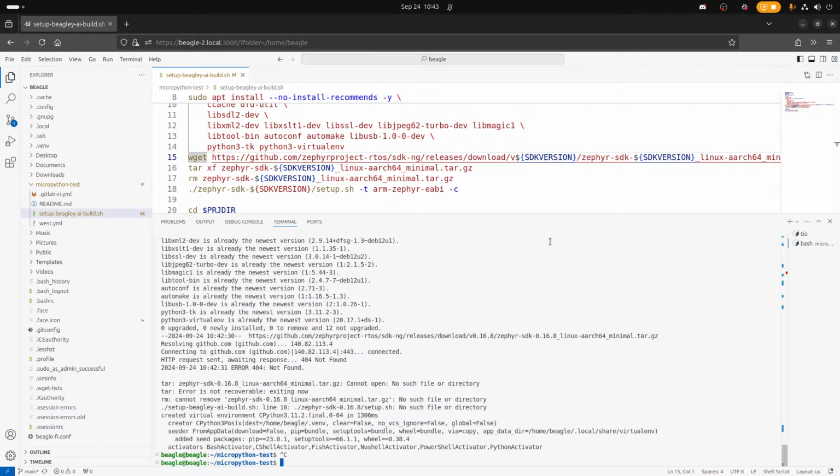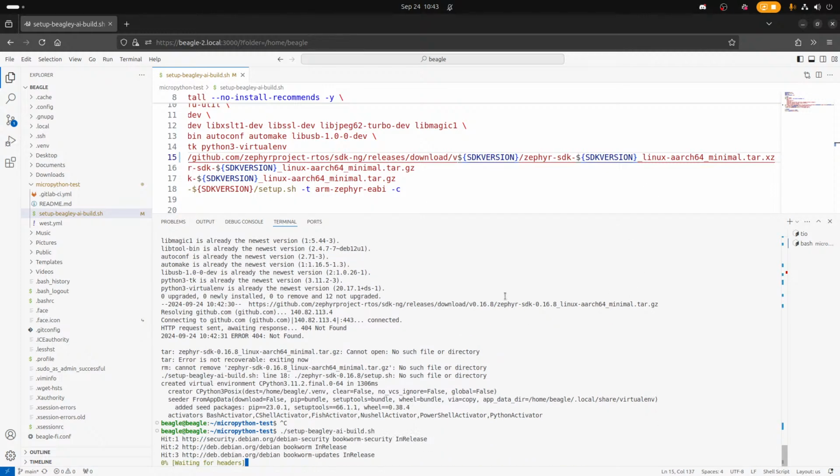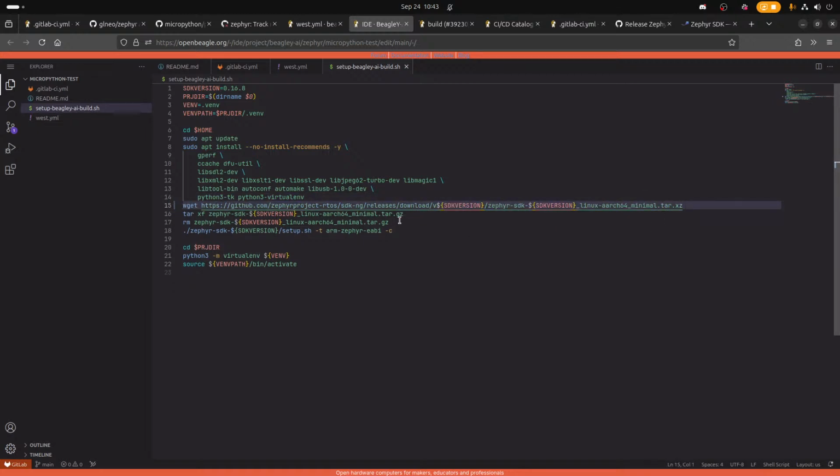XZ. Yeah, the compression method changed. Oh my goodness. Okay. There it is right there. Just changed GZ to XZ.